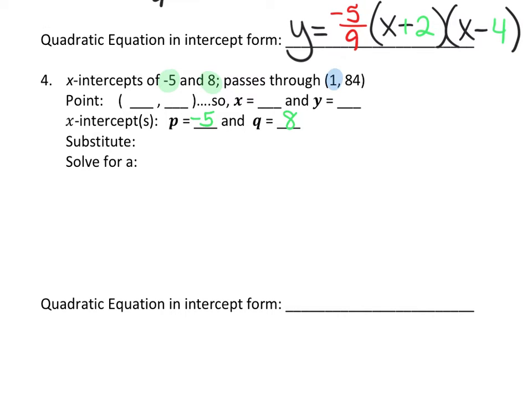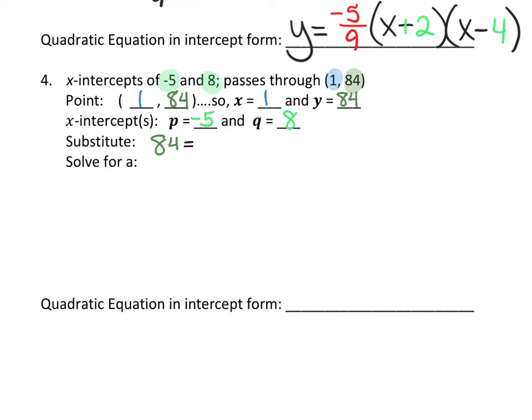So what is the X value? 1. And what is the Y value? 84. Don't panic that that number's big. It will be okay. Okay, let's plug in what we know. The formula at the very top of my paper says Y. What did we write down was equal to Y? 84. So we're going to do 84 equal to